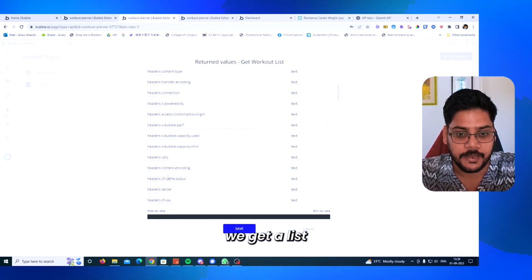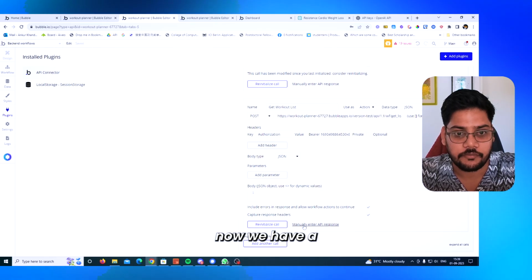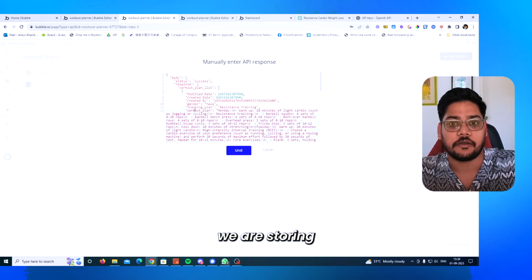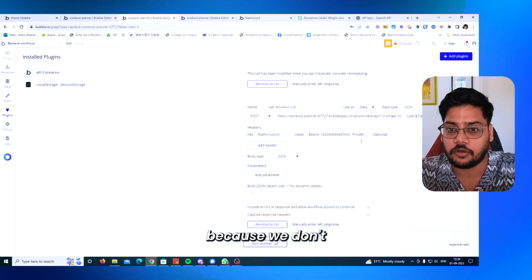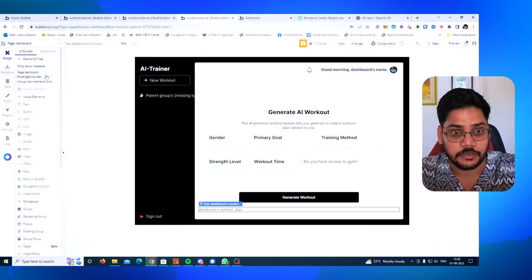Now you can see we get a list of all the workouts. Perfect. And also, you can see we now have a training plan, gender and workout plan, three things that we are storing. Now what we will do is make it a data call rather than an action, because we don't want to call it from the workflow, but rather from the